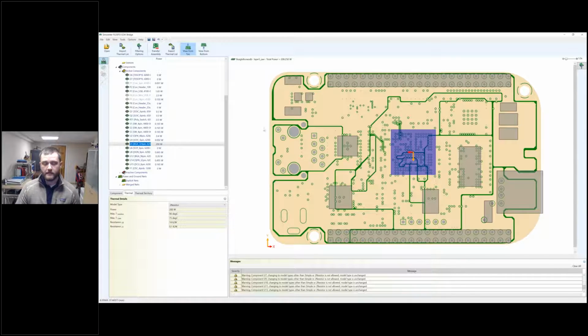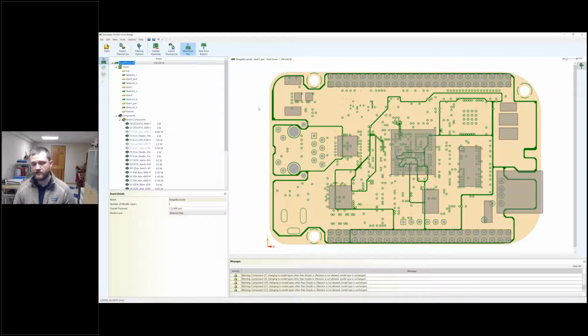And then finally, there is the ability to model this as a very detailed package with the conductors in it, etc. And I'll show you a little bit about that here at the end. So depending on what fidelity of analysis you want, you have options for that. From this point, I would just hit transfer assembly over to FlowEFD, and this would transfer it over and create something called a smart PCB. And I've already transferred that over.